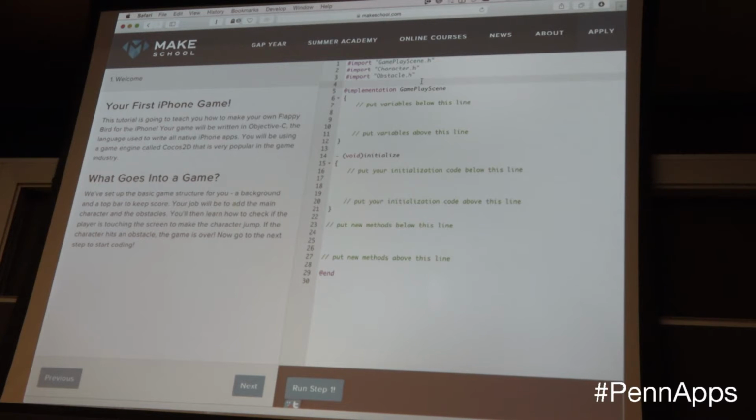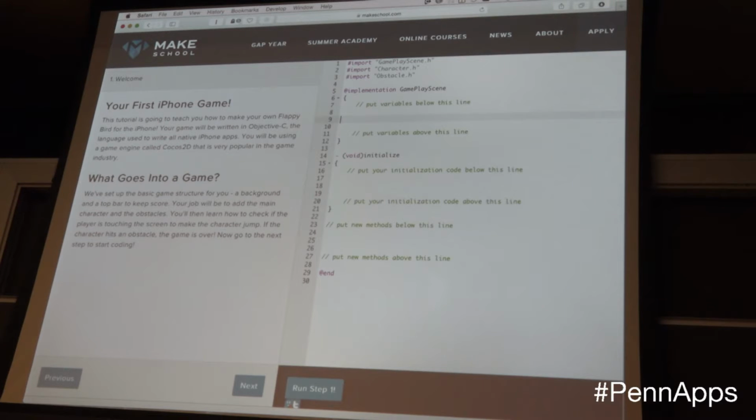So in Objective-C, how many of you guys have experience with Objective-C? You've got a very small number of people who have experience with Objective-C already. So basically the history of Objective-C is it comes from a company that Steve Jobs started called NeXT, based on a lot of concepts such as Smalltalk and other object-oriented languages. There's a really interesting history behind it, but the Objective-C that's used today comes from NeXT.